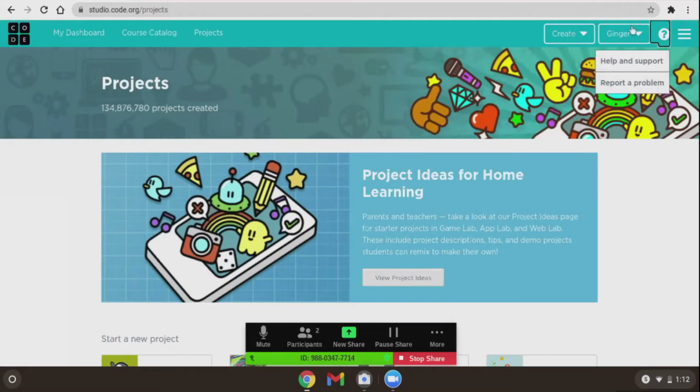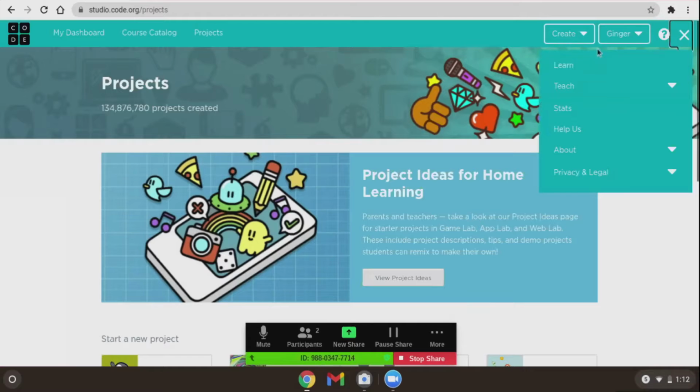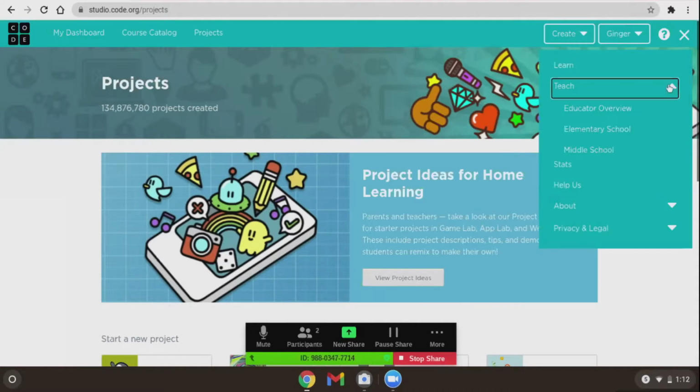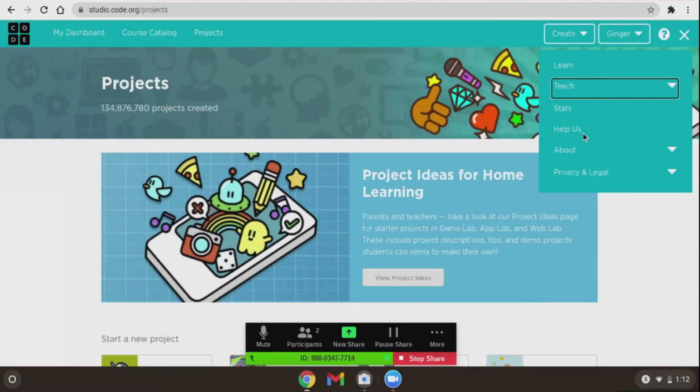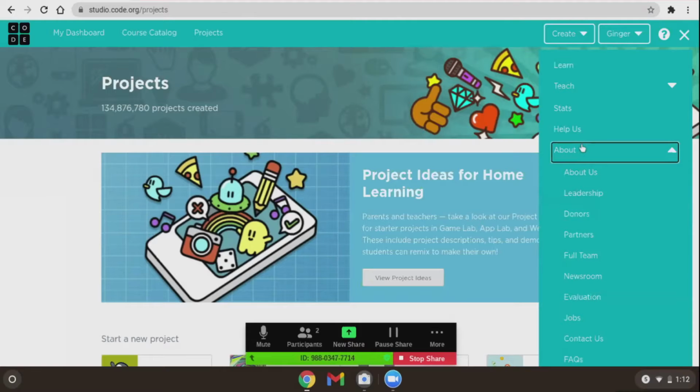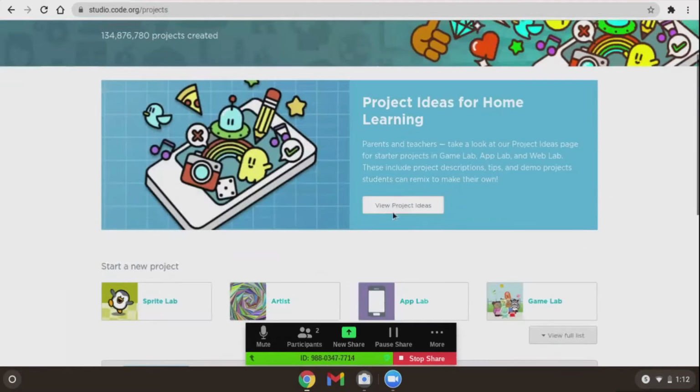You scroll down, and then if you press on the little question mark, you can ask for help and support, and you can tell them if you have a problem. If you tap on here, if you are a teacher, you can press on these. And then there's help, more help, and then there's about the code.org, and then if you press on view project